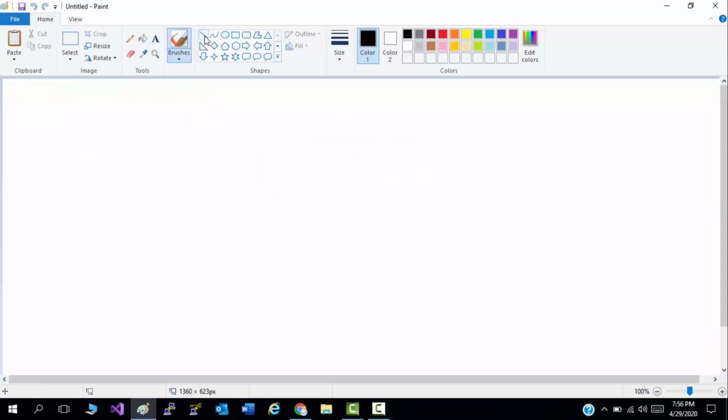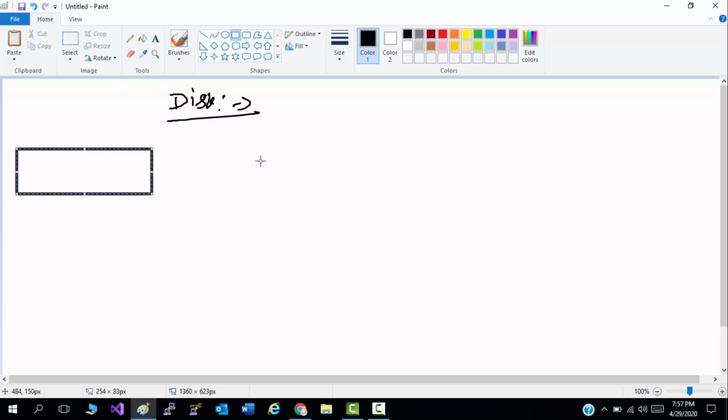Now let's discuss the disks which we are going to use here. There are three kinds of disk.